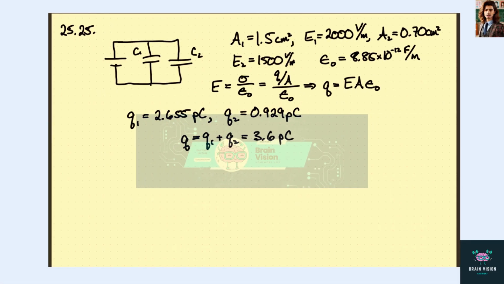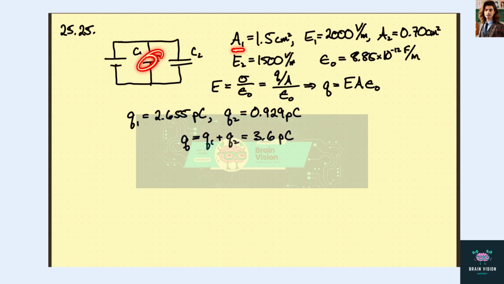In this problem, we have more capacitors, of course. We have two capacitors in parallel and a voltage, so we have the same voltage across them. We're told that